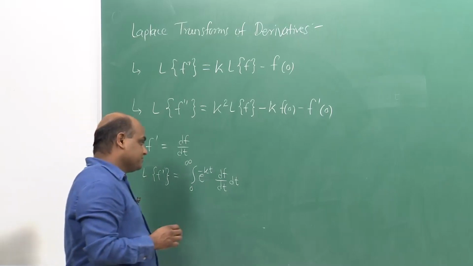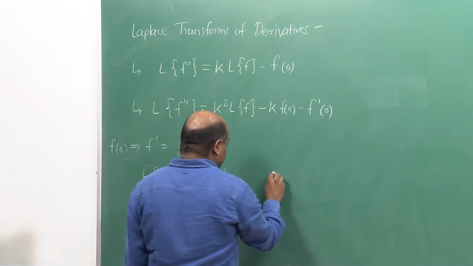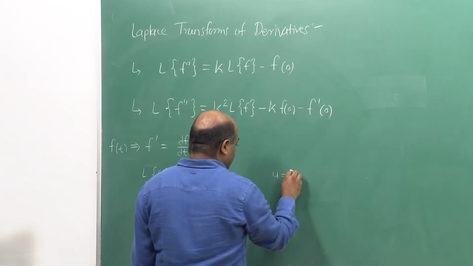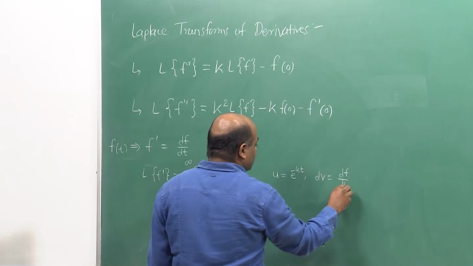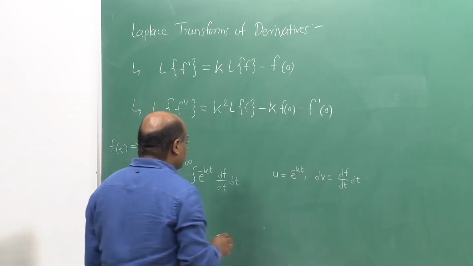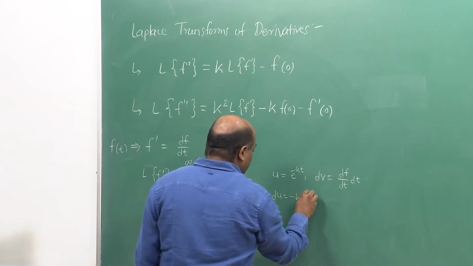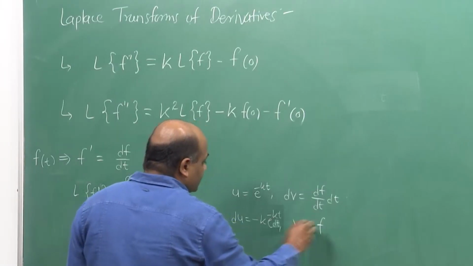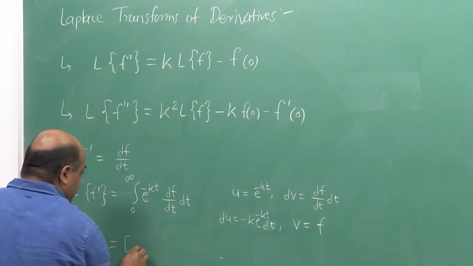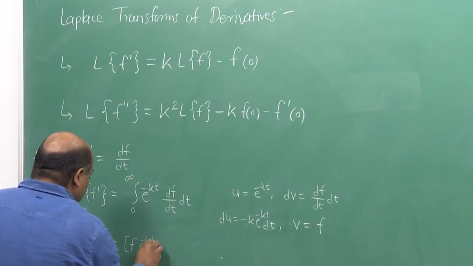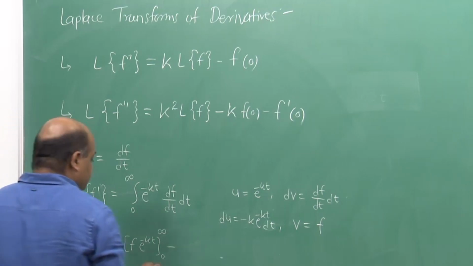Integral u dv, right. So, we integrate by parts. In this case our u is equal to e to the power minus kt and dv is df by dt dt. So, du here will be minus k e to the power minus kt, and v in this case is f. So, uv would be f into e to the power minus kt from 0 to infinity minus integral v du, minus minus